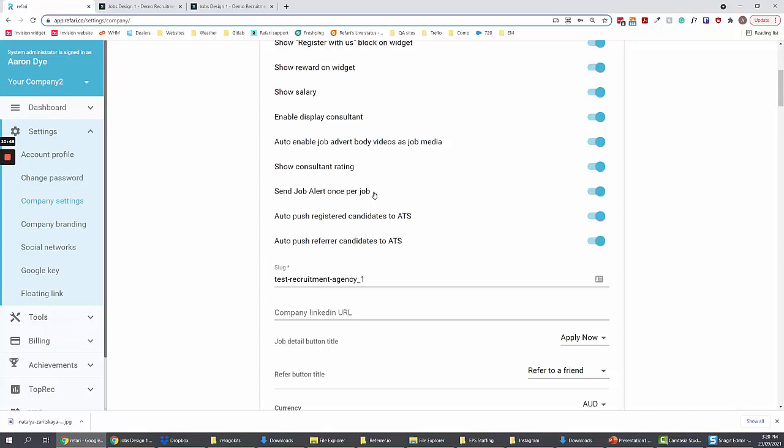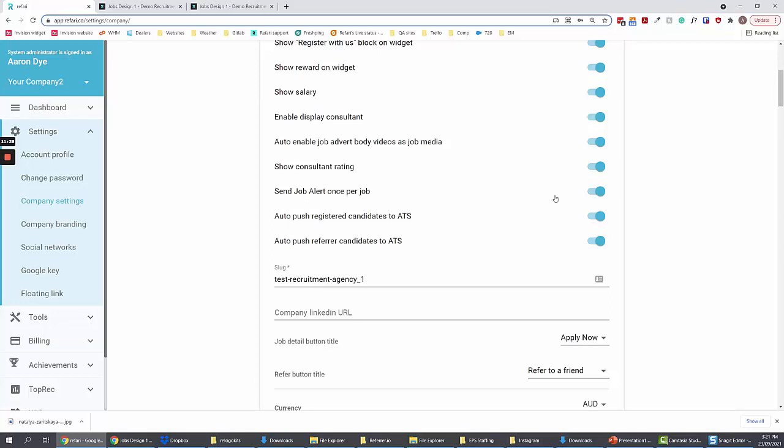And probably what you don't want to happen is for somebody to be alerted to a job advert if you've already declined them and said that they're not relevant for that job advert. Because when they see that the second time, they'll be like, oh, there's a new job that's relevant to me, or possibly relevant to me, even though it's the same job advert. Now, I suspect not every client will toggle this feature, but effectively if you toggle this to on like it is here, it will mean that once somebody has received a job alert about a given job, it will not send them that job again if a job advert is reposted for that single job,